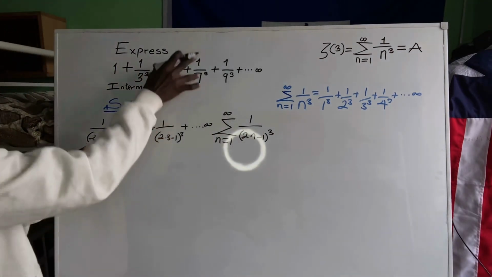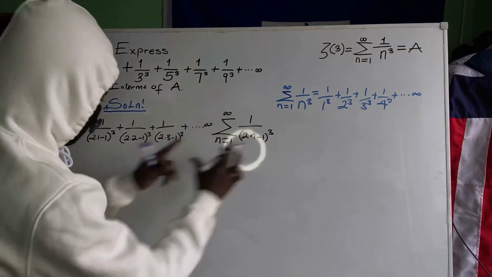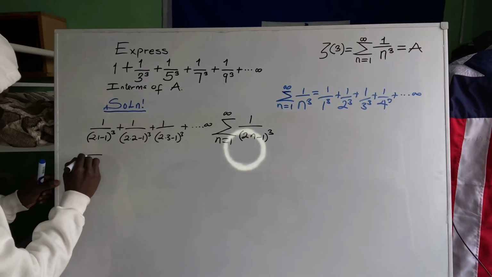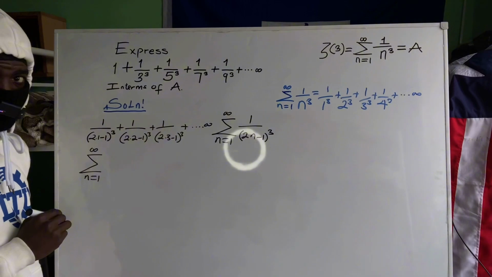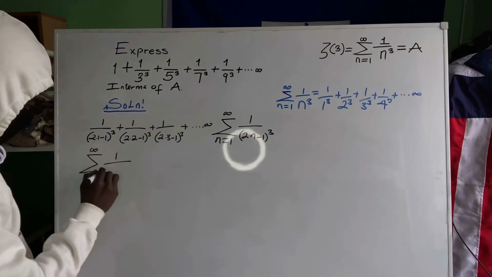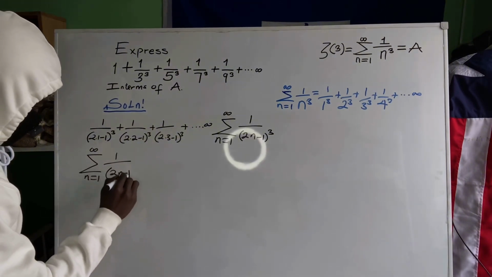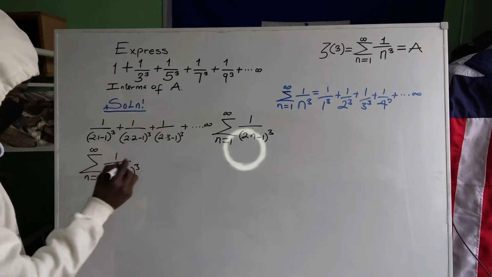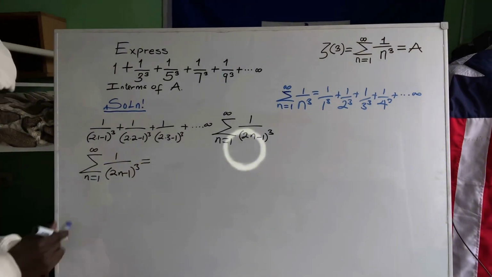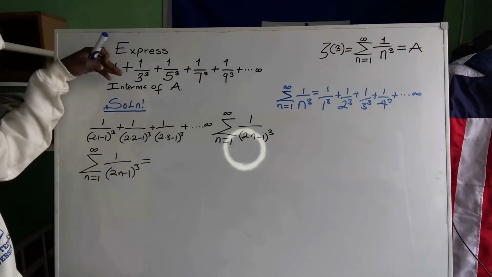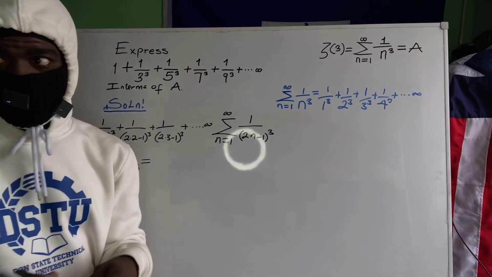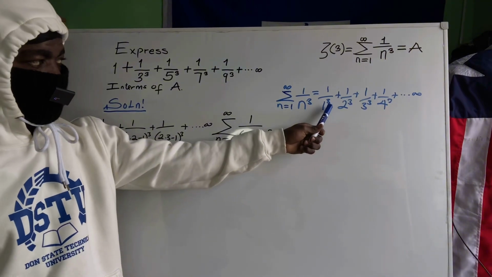So this is this expression. So let's write this here: the sum from n is equal to 1 to infinity of 1 over 2n minus 1 all cube. And this is what I'm going to do. I'm going to expand this in this form, but the next thing I will do is add